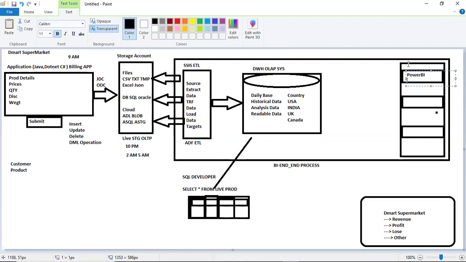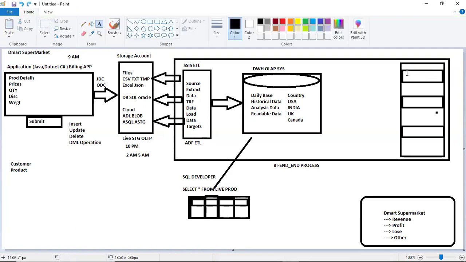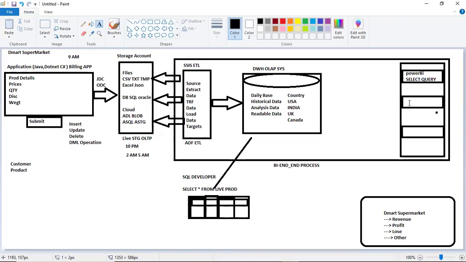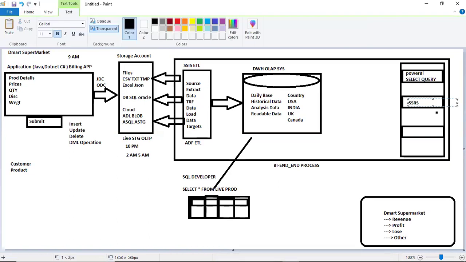What is reporting? Reporting is nothing but a select query. This query I'm taking and placing here for automation. SSRS also contains SQL queries, or it may be other reporting tools.